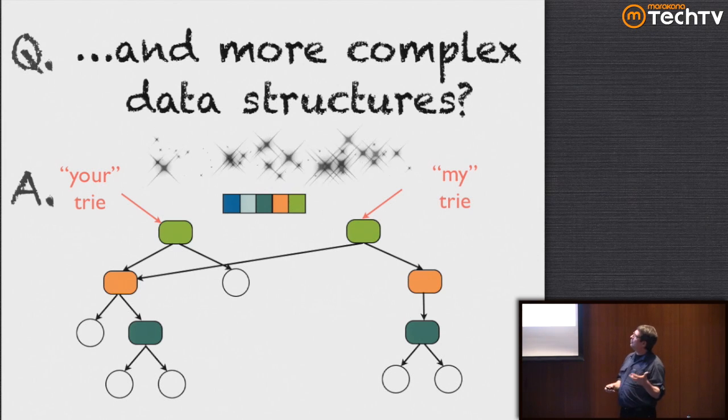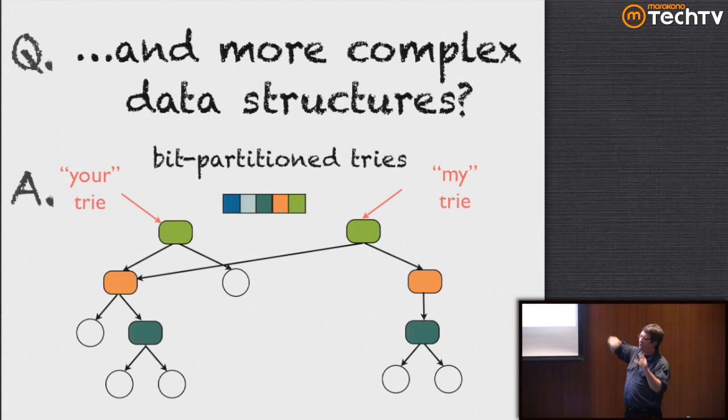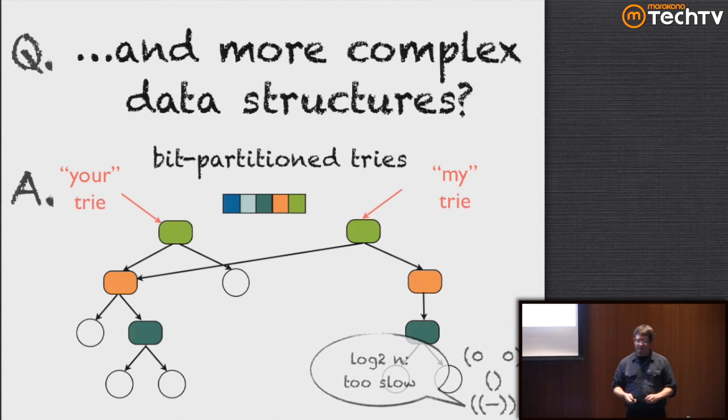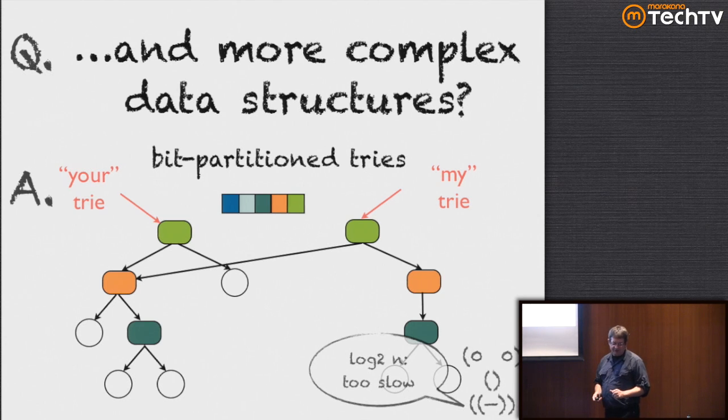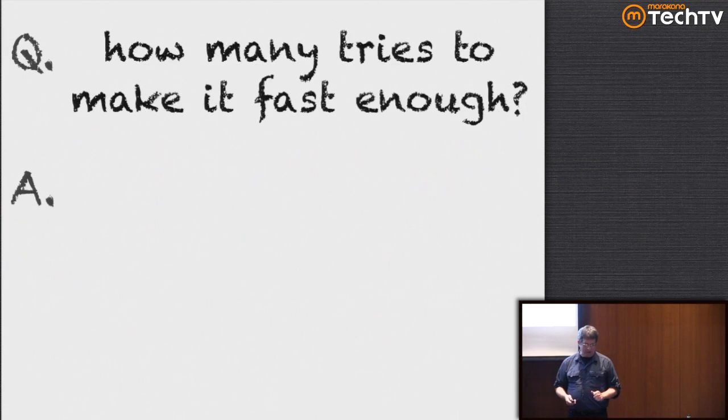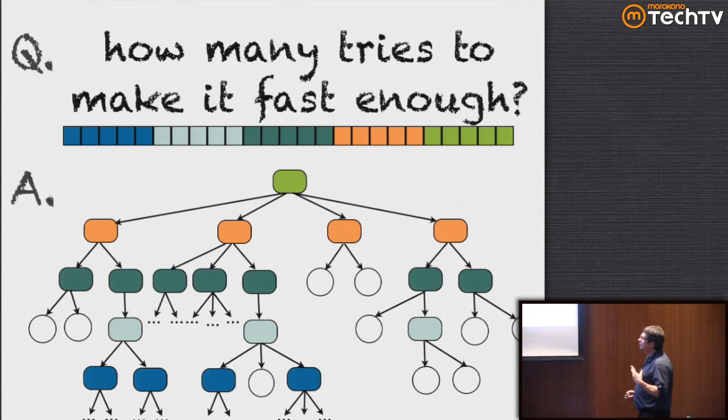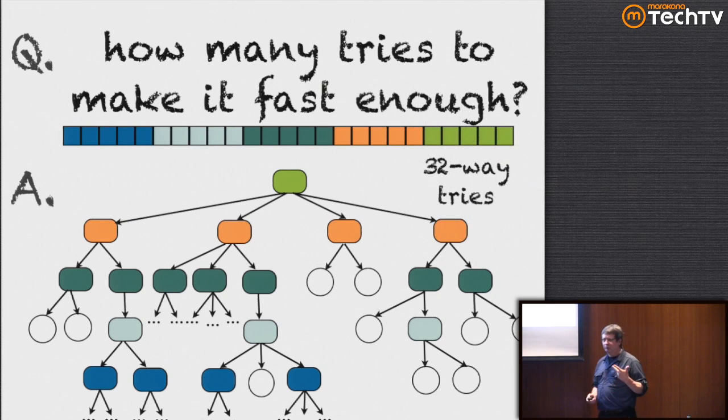So if you have your part of a tree and there's another part of a tree, you can actually share a lot of that data structure because all the values are immutable. This is an example of bit partition tries. This is an example of doing 2-bit partition tries, which is too slow for practical purposes. What Clojure actually implements underneath is a 32-bit red-black balanced tree to store all these data structures. And log 32 is fast enough. That basically means that you get to the results really fast, because it's a really flat data structure rather than a really deep data structure. So that's the trade-off, is flat versus deep.